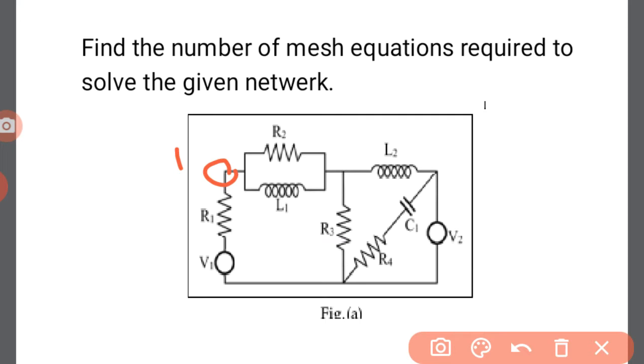Next go for the second node. Here is also the resistor R3. Next, the parallel circuit of R2 and L1, and L2, are connected to this point, that is node 2. Next, another node, here is node 3. That is the third point, where the inductor and the combination of R4, C1 and V2 are connected. Next, all are connected to one node, that is the fourth node, and the number of nodes here is equal to 4.